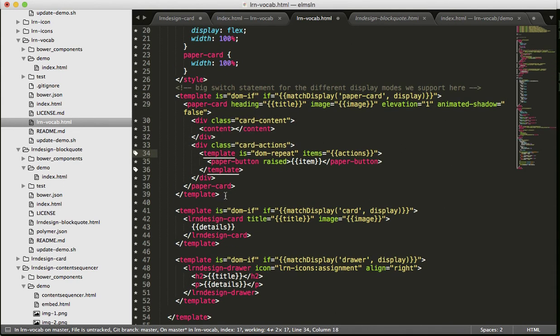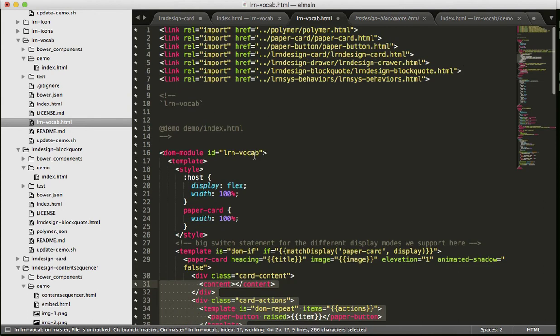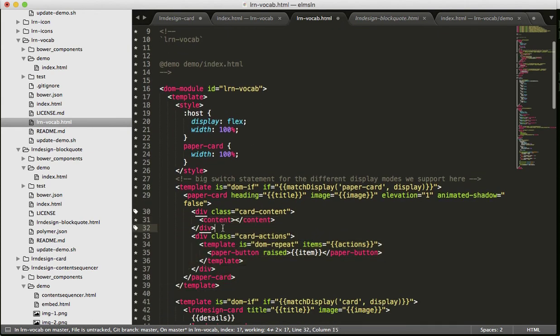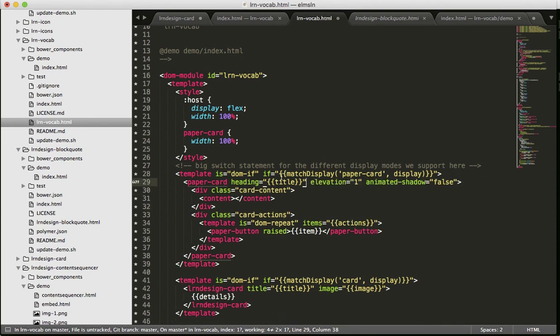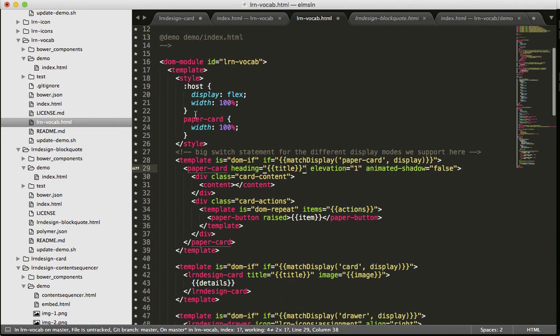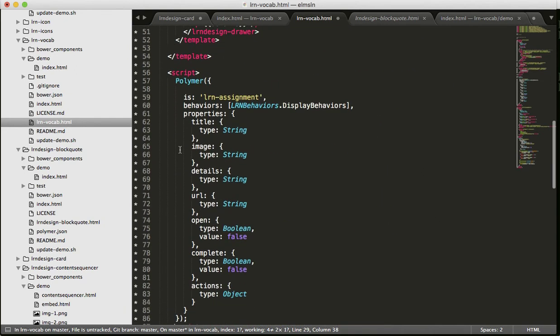So I don't think I want to use paper card, but am I importing it? Yeah, fine, we could do that. You can see paper card has support for a heading and an image, this is from stuff that we copied before. Well, we don't have an image in this item we're making. If we scroll down to where the JavaScript aspect of this is, you can see I haven't converted all this yet. So what we do is I'd say vocab,